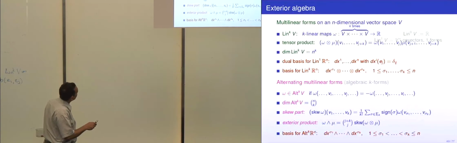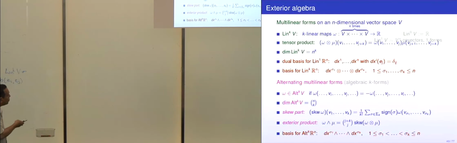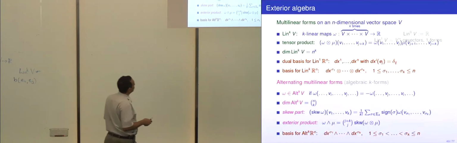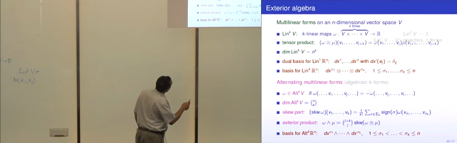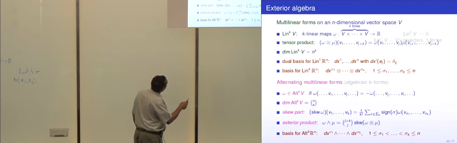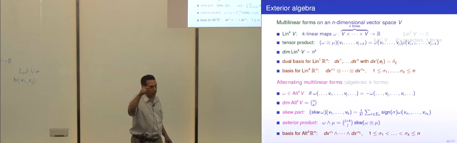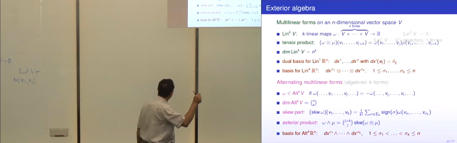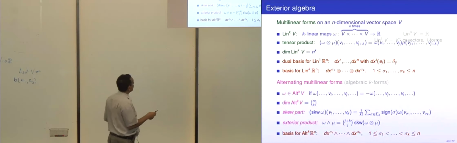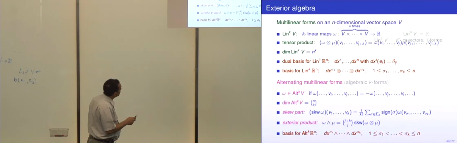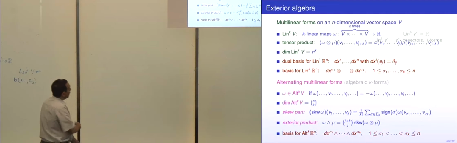Alternating k-linear form. Alternating means if you switch two of the guys, you get the negative. In particular, if two are the same, it must be 0. So one of these is determined by less information. If you stick in k basis vectors, you can always keep flipping them around till they're in increasing order. And if you know the effect on an increasing sequence e_sigma_1 through e_sigma_k, where sigma_1 through sigma_k is an increasing sequence, then you know everything. So it's the number of increasing sequences of k things chosen out of n, so it's n choose k, that is the dimension of Alt^k.